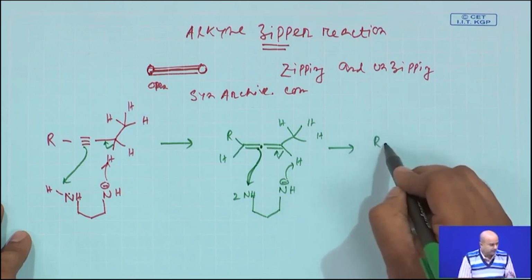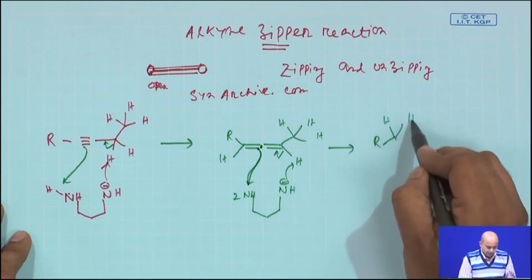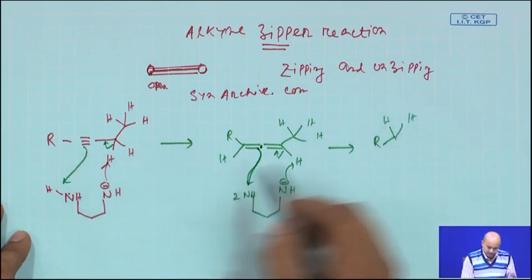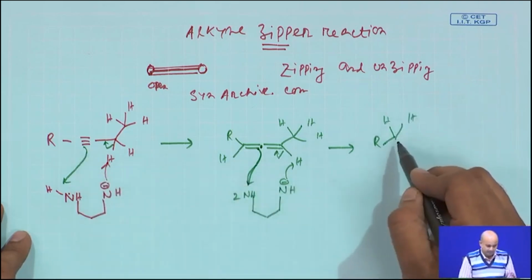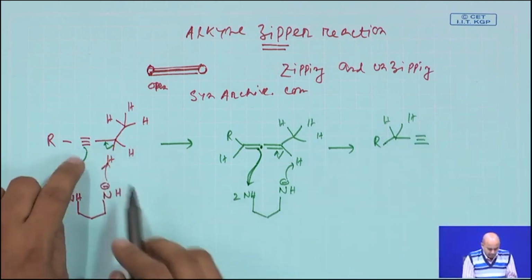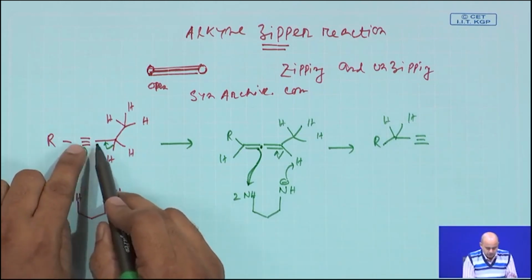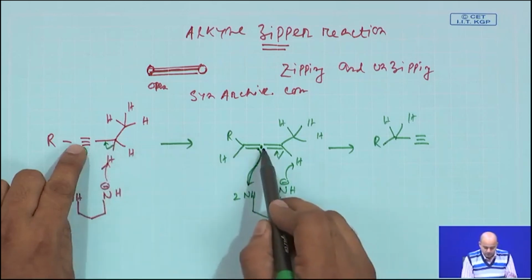So, now you have these two hydrogens, one from the initial step and one from the second step. So, the initial triple bond is now zipped by one carbon right through an allene